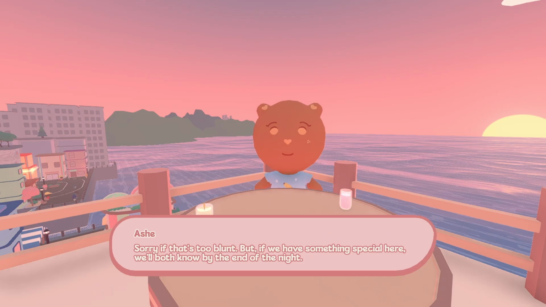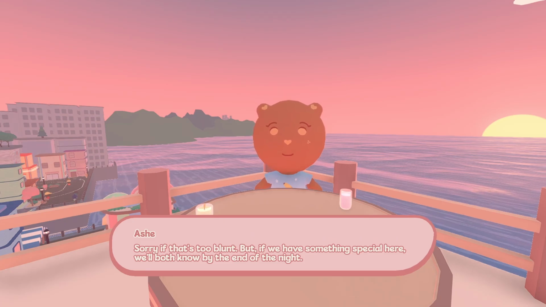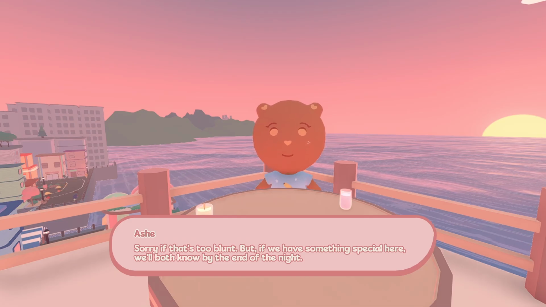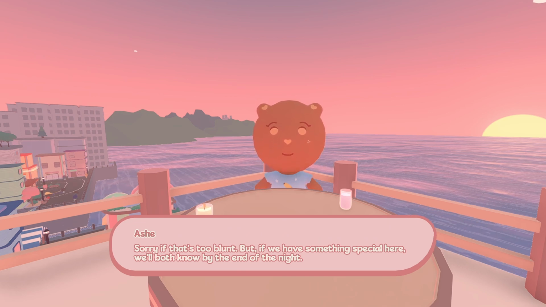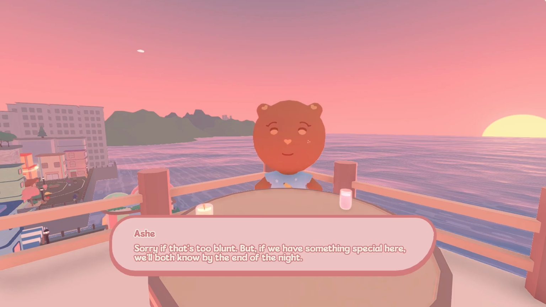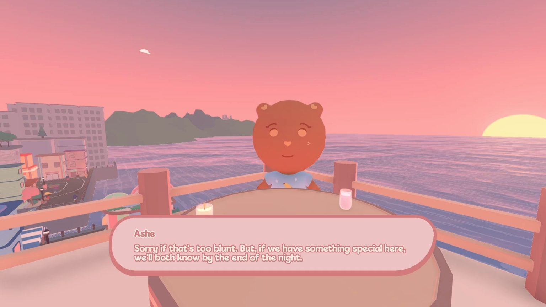I guess that's what the game intended for a game loop. Every time you go on a date, you get to test whether you have a potential relationship in your hand. But the game does not keep your statistics. Every time you start a new game, even if it's a fresh day, it's a fresh game. You don't get to keep track of who you've met, what you've collected and stuff. So yeah,